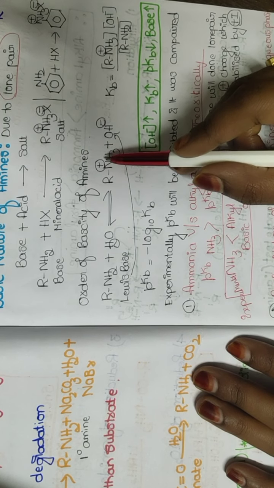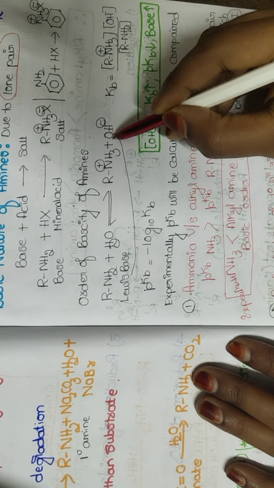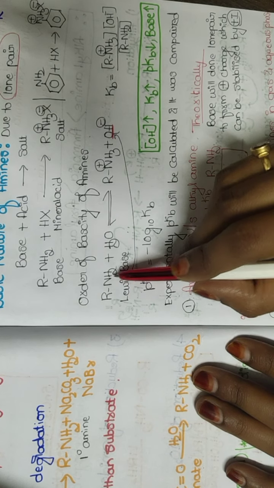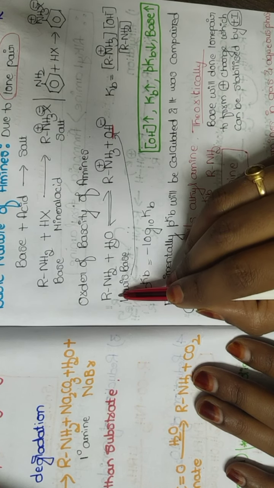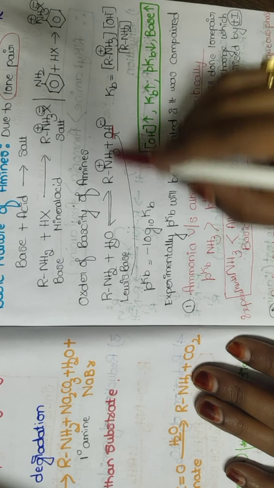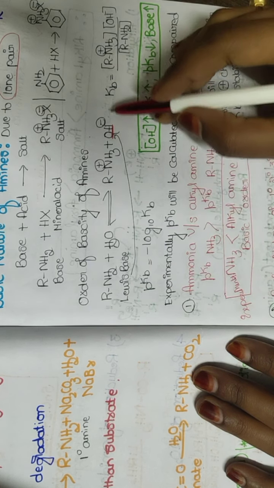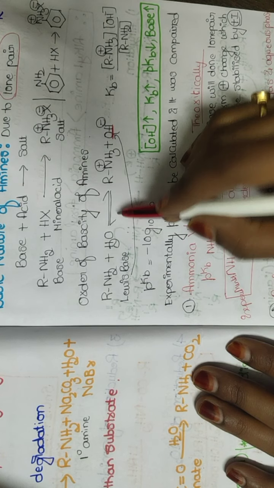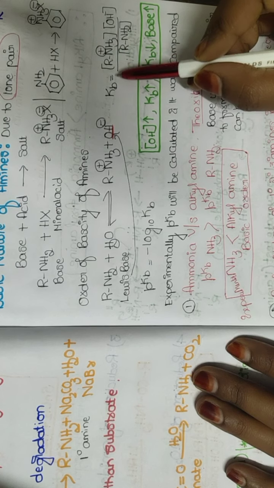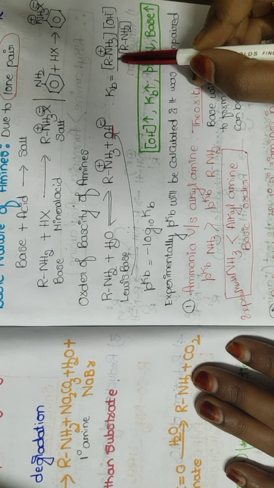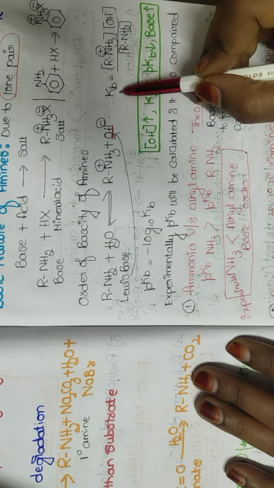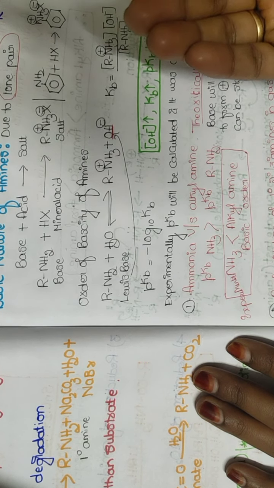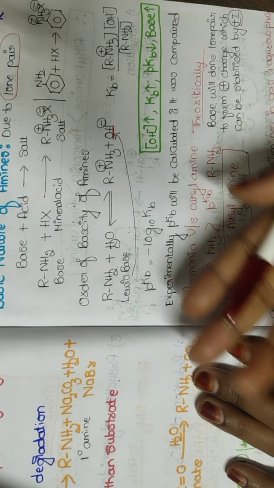Since we are getting an OH minus ion, I can tell that my substrate is behaving as a base. If it is an acid, I should end up with an H plus ion. Since here it is behaving as a base, it is releasing OH minus ion. Since we have a reversible sign here, I can apply an equilibrium constant, and the Kb expression can be written. I hope you know that Kb values will be with respect to 10 to the power of minus or 10 to the power of plus, that is a higher value or a lower value.